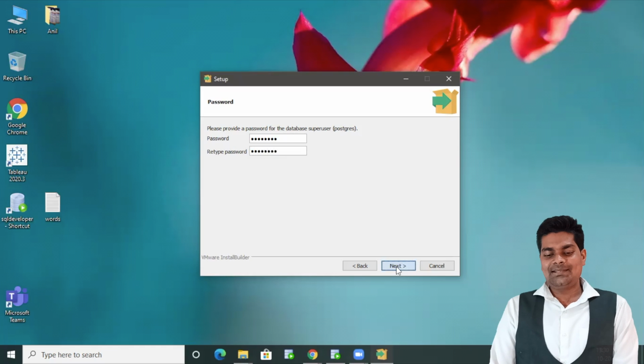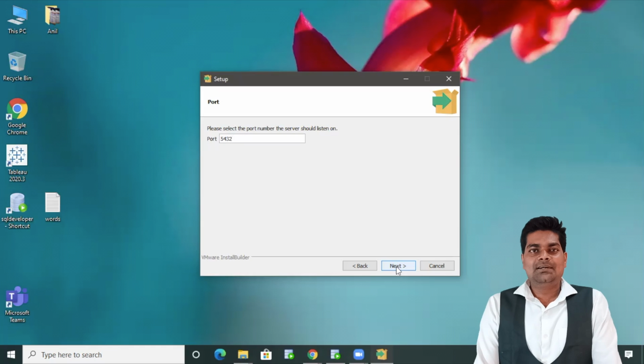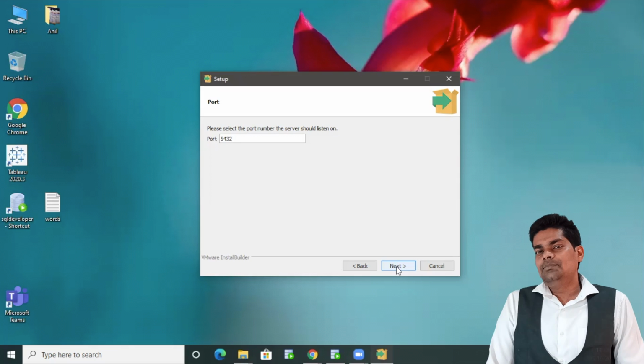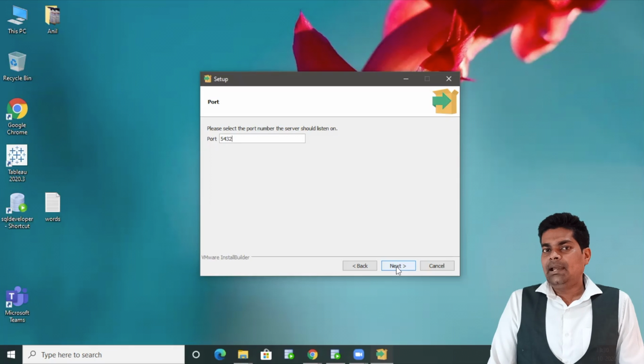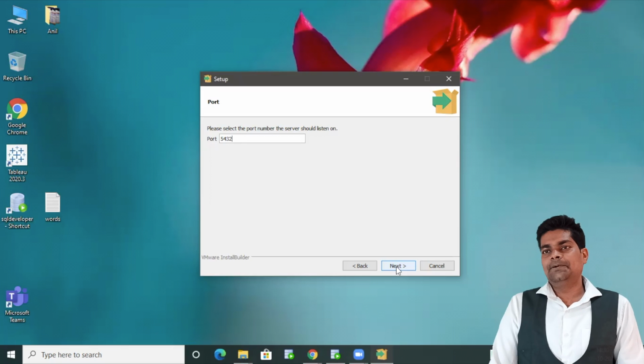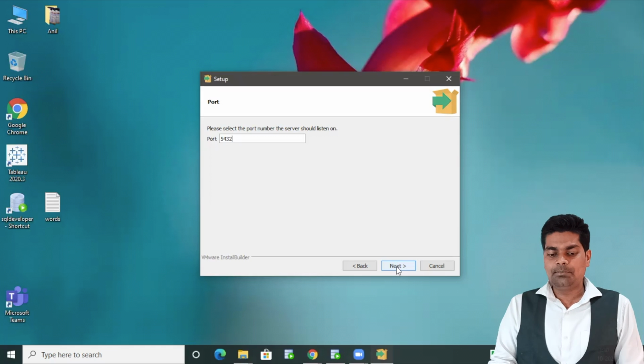and click on next. The port number of PostgreSQL is 5432 by default. We have so many databases, and based on different databases, the port number is also different. For example, for Oracle database, 1521 is the standard port number.